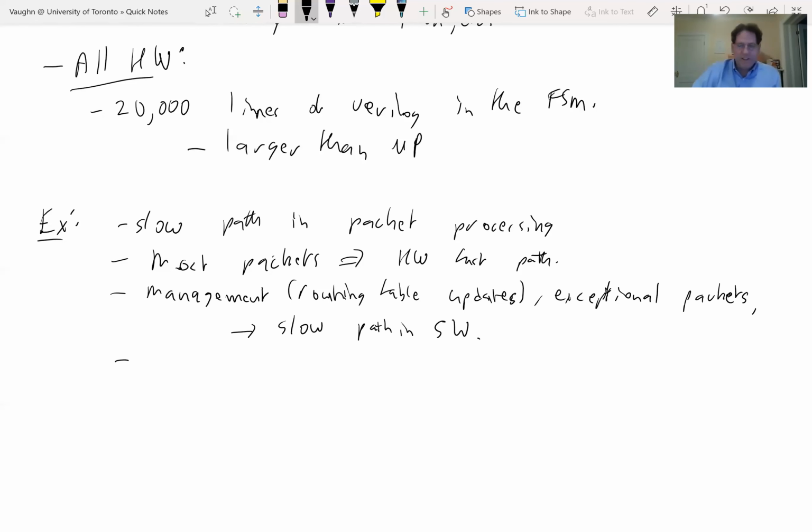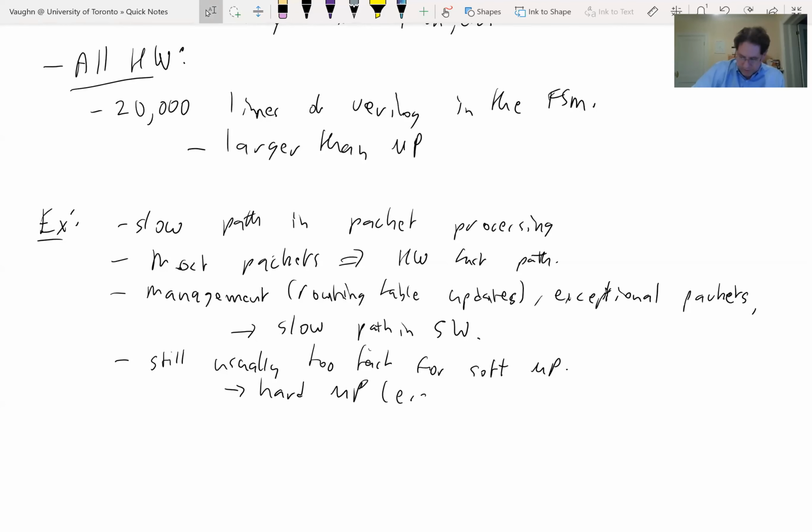Now in this particular case, packet processing moves so much data that this can still be too fast for a soft microprocessor. Okay, so you can try to make a faster soft processor, and people do that sometimes, but this is one of the places where a hard microprocessor on chip can be very useful. Okay, so hard microprocessor,